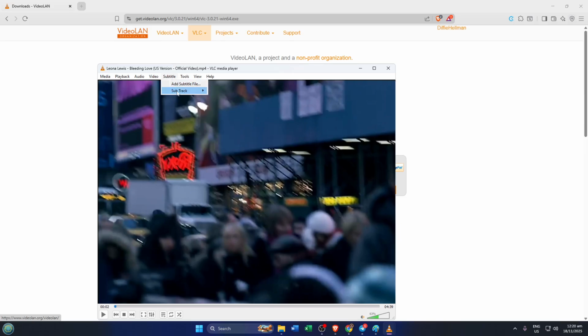Subtitles will usually overlay at the bottom of the video screen, syncing automatically with the audio. This is super helpful if someone's speaking quickly or with a strong accent, or if you just want to catch every word. If you ever feel like the subtitles are distracting or they're showing up when you don't want them,